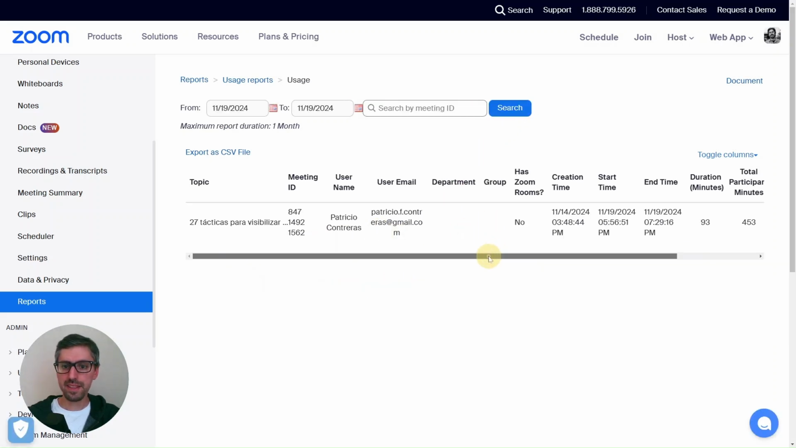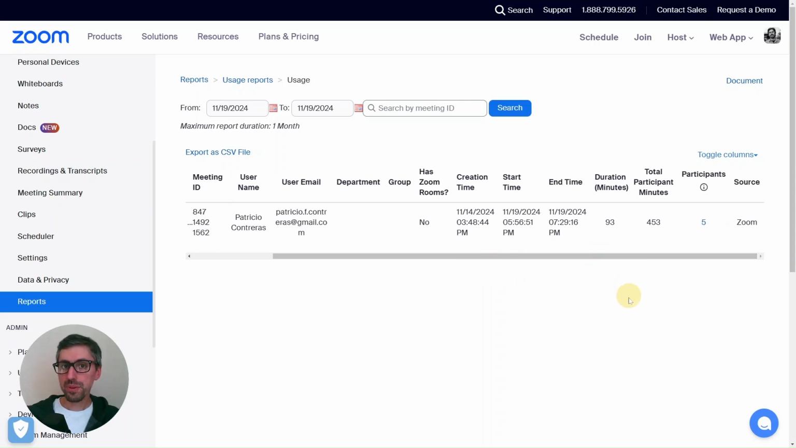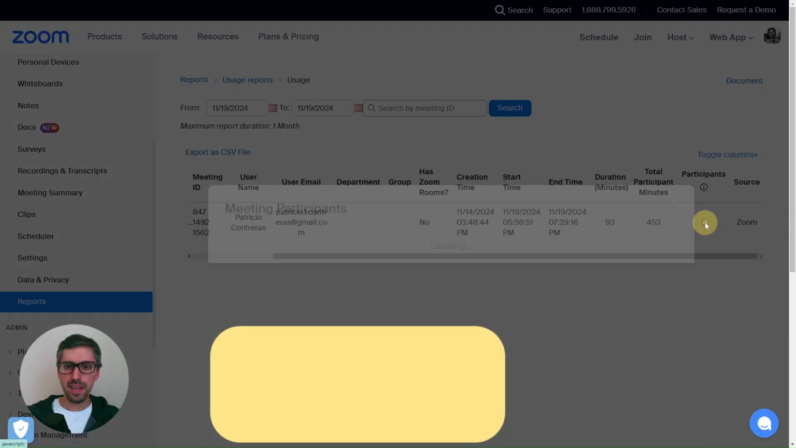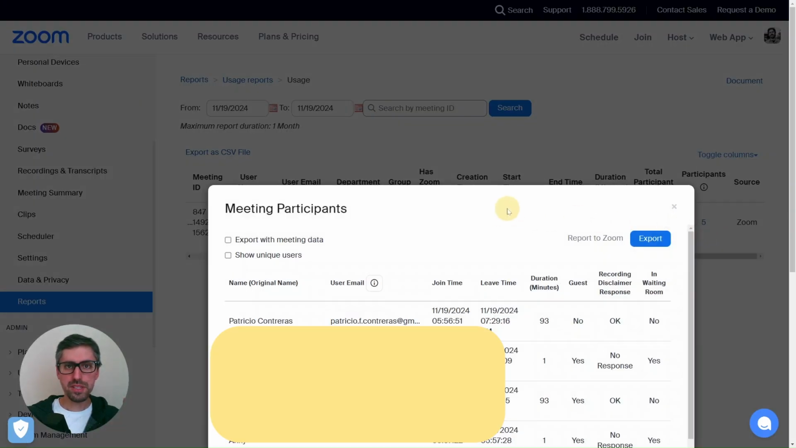I had that day. In order to get the list of participants, I have to click here in the number of participants, and you're going to see this pop-up window where you have all the data from the meeting participants,